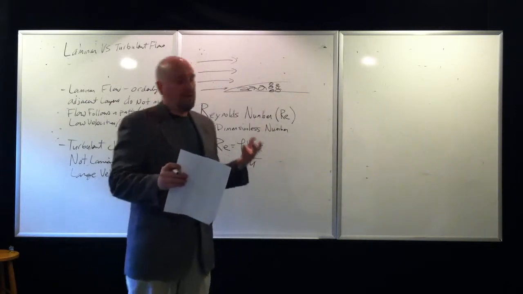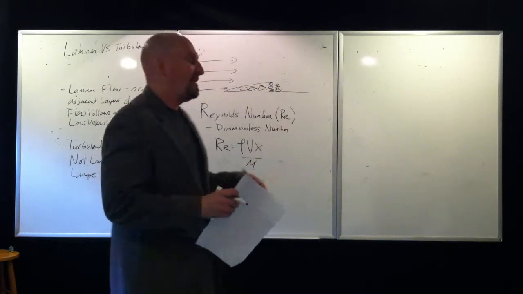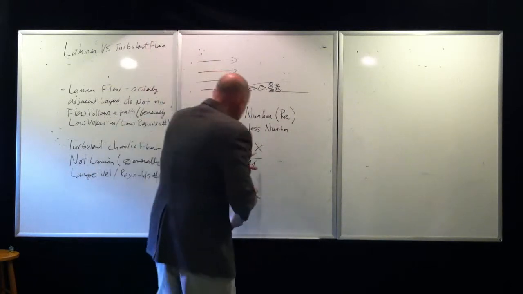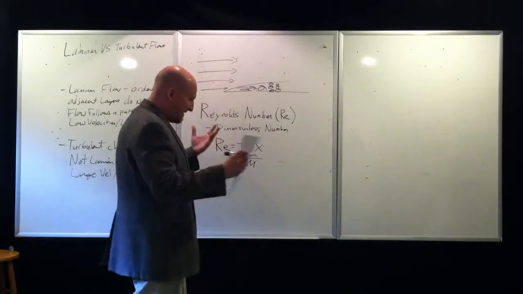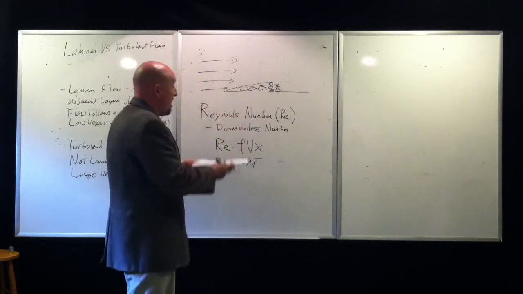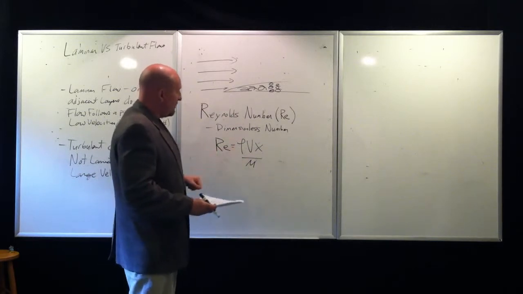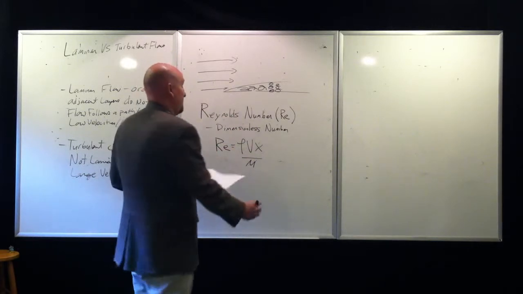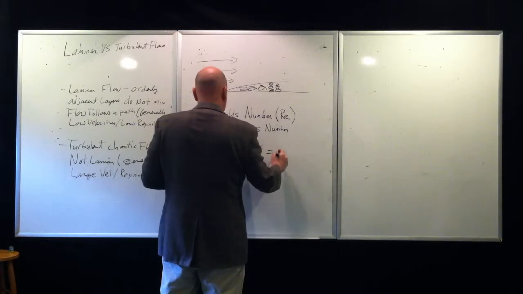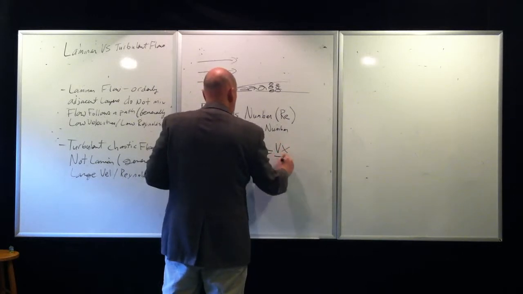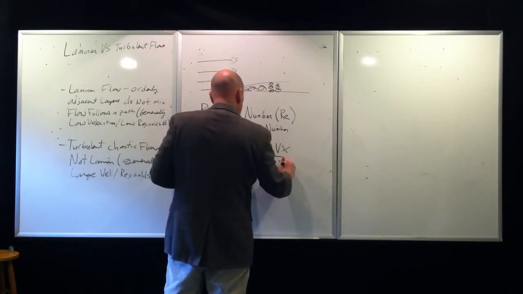If you're inside a tube, internal flow, again, we're going to get to these different concepts. But it's going to be an important unit of length. So we'll just represent x because it depends on what geometry you have. Now, last class we also went over mu over rho was the kinematic viscosity. So this can also be written as Vx over nu,